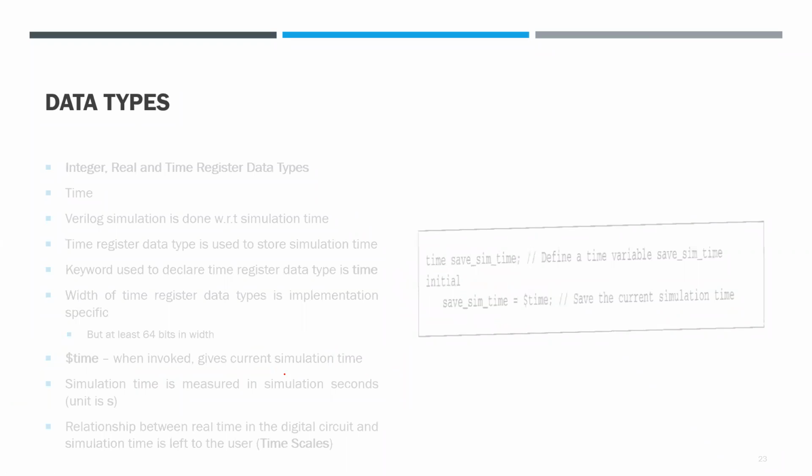So these are a few data types we have discussed. Again, we have a few more to be discussed, that is arrays and memory and the parameters. And then lastly, we'll discuss in the next class and we'll wind up with this part. And later we'll be going ahead with